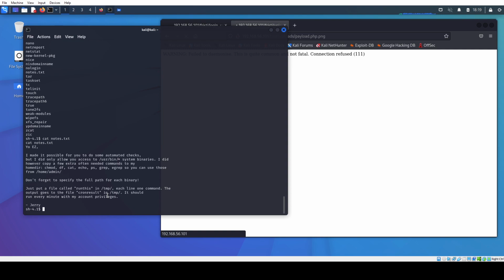Alright. I'm assuming Jerry is the Fristileaks guy or the admin, but I don't really know. I also don't really care. All I know is that he has some sort of elevated permissions that Easy does not have. And this note actually gives us a lot of information. So we know that we can run all system binaries, and we can do so from home admin, as well as some often used commands like this. So what I'm going to do is